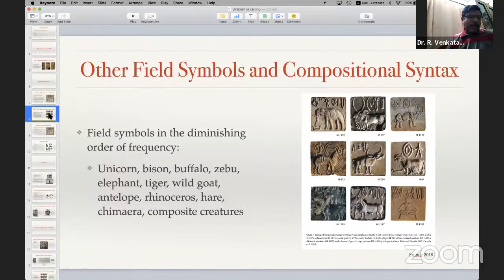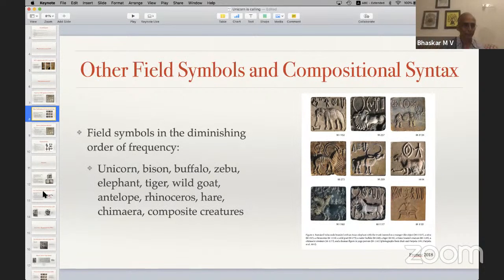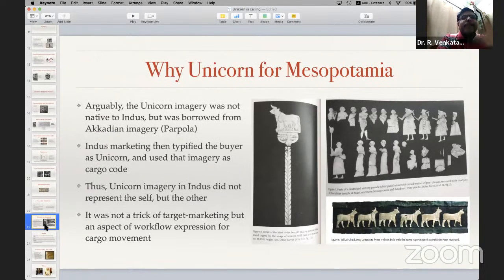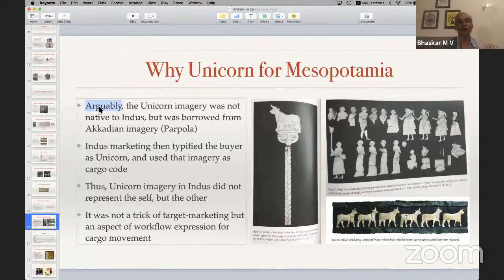Okay. Thank you. I shouldn't monopolize, but one last question. You spoke about the unicorn being found, and you also showed pictures of it in the Akkadian civilization. I was listening to a lecture on YouTube from Mark Kenoyer, who says that the unicorn is something very unique to the Harappan civilization. Which is why you see I put an 'arguably' here, and I should bold it.